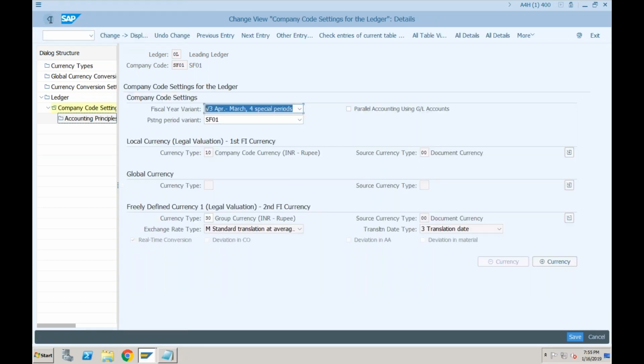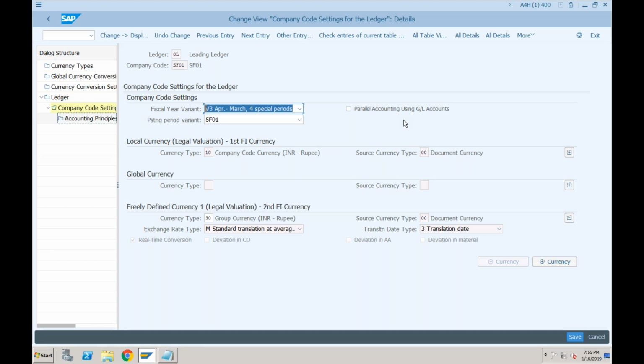And the last thing that we also discussed that day is what exactly is this tick? What do you mean by parallel accounting using GL accounts? So if you remember, I told you parallel accounting using GL accounts means, in SAP ECC, if you have the requirement of India GAAP and IFRS, but let's say you are not using new GL accounting, in that case companies traditionally used to create different accounts.